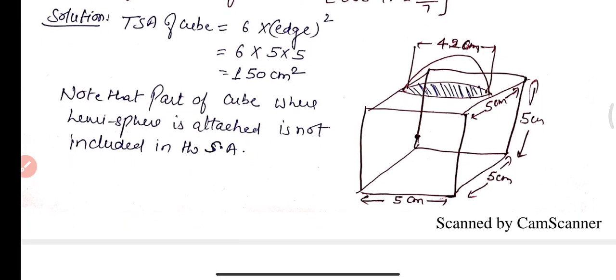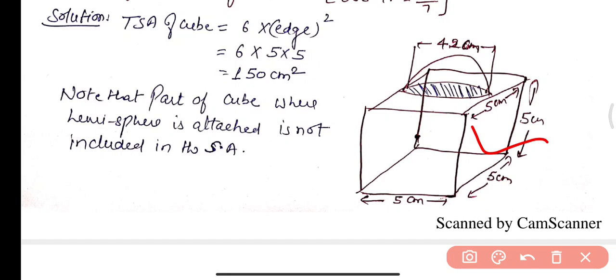So you can see on the screen we have a wooden block. You can see that it is of cubical shape on the base, and a hemispherical part is mounted on the cubical part. So this is like example number 2.